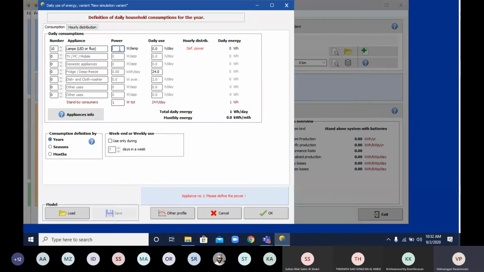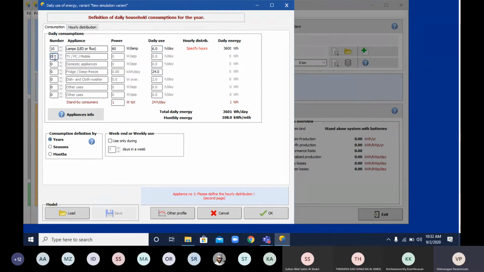Normally some lamps are 60 watts, some are 100 watts, and nowadays a lot of LED lamps are coming, 10 watts, 20 watts. So we give an average, normally around 20 to 50 lamps in a home. Here we take around 10 lamps of 60 watts. How much do you use daily? For example, we assume 6 hours. So totally you are using this much watt-hour for the lamps.